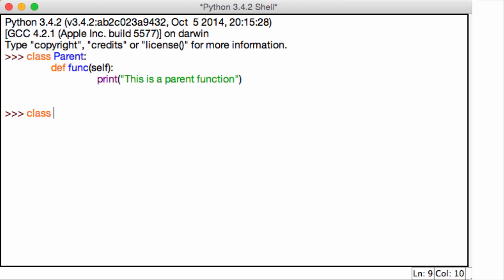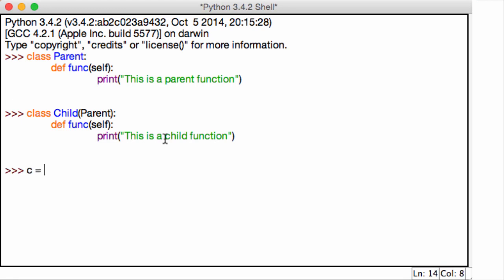Now I'm going to do the exact same thing with a child class. So instead of typing it all over again, I'm going to go to this line, hit enter, and then change this to Child, make it a subclass of Parent, and then change this to "this is a child function". Alright, so now I'm going to create a new instance of my child class,